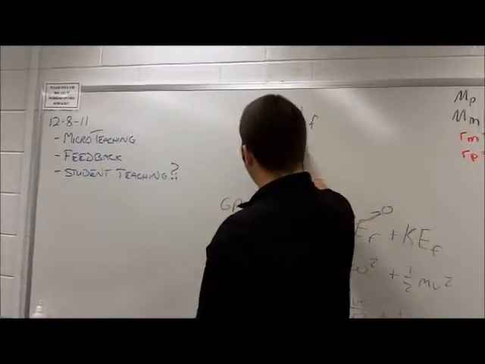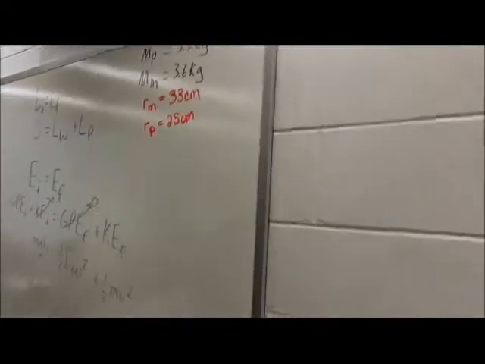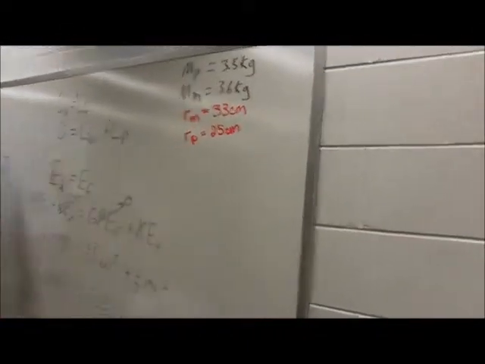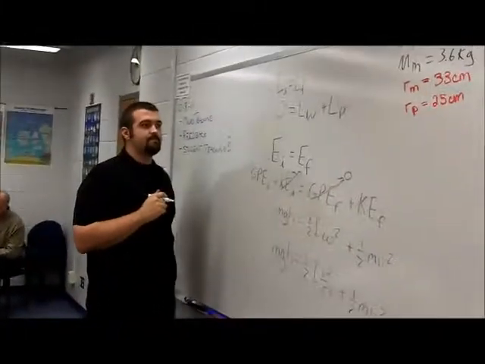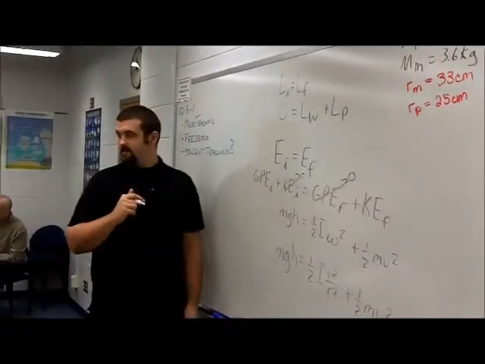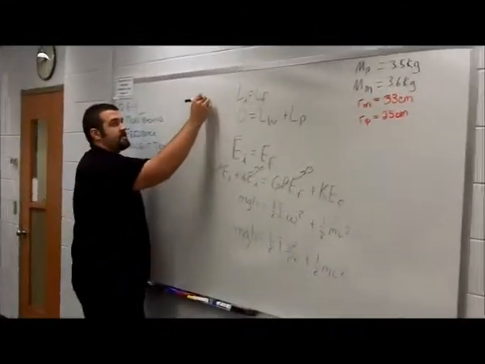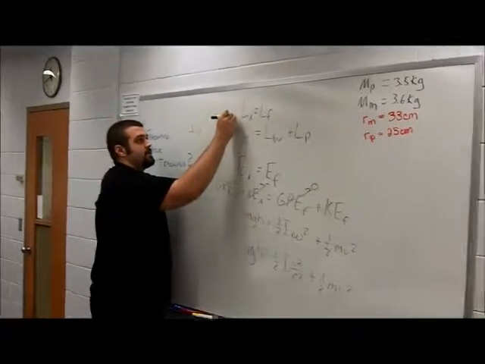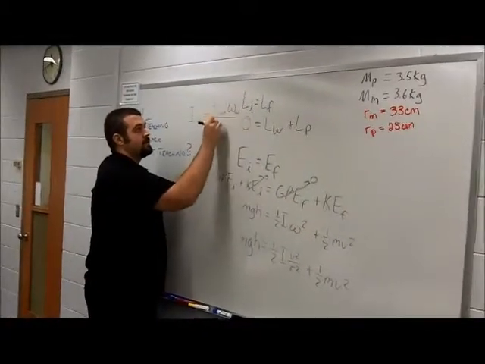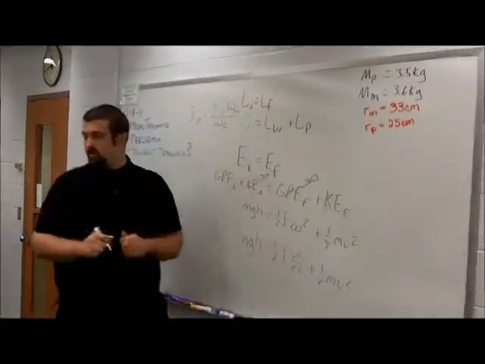So initially, 0 equals the angular momentum of the wheel plus the angular momentum of the person. You can solve this for I of the person, because we're trying to find the moment of inertia, and you would do one last calculation. You would find your